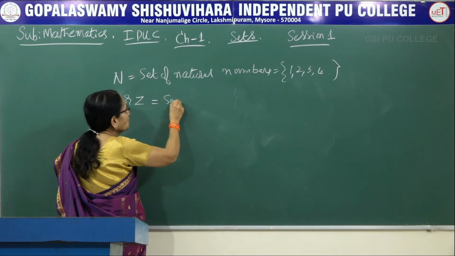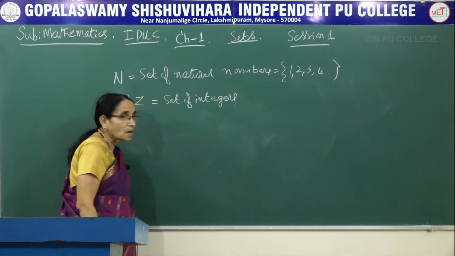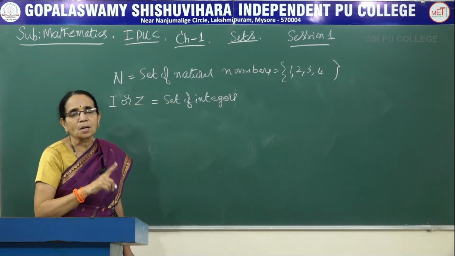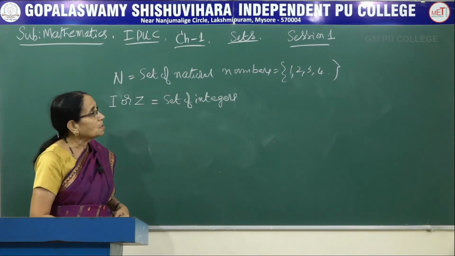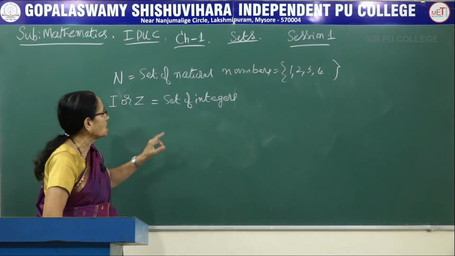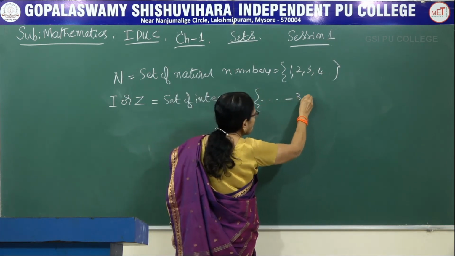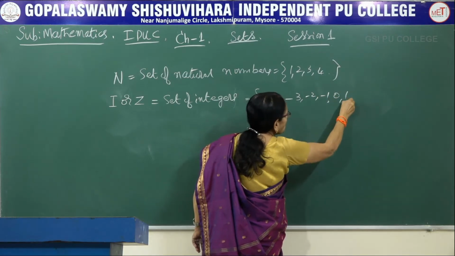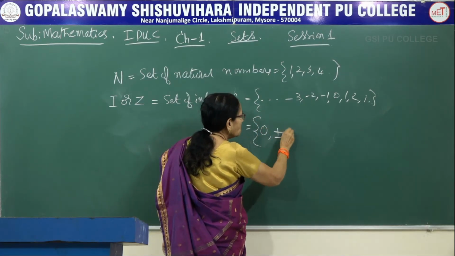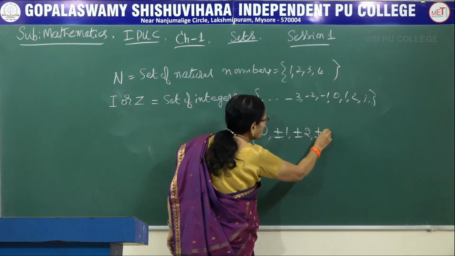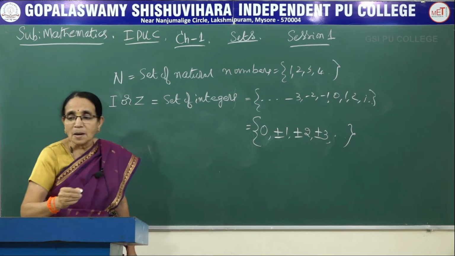This is the set of integers. When I say integer, it can be a positive integer, it can be a negative integer, and also 0 is included. You observe in the set of the natural numbers, the numbers start from 1, 0 is not included. Whereas in the set of integers, you can write like this: dash, minus 3, minus 2, minus 1, 0, 1, 2, 3, etc. Or it can also be represented like this: 0, plus or minus 1, plus or minus 2, plus or minus 3, etc. Okay, writing them together because it is containing only the integers.